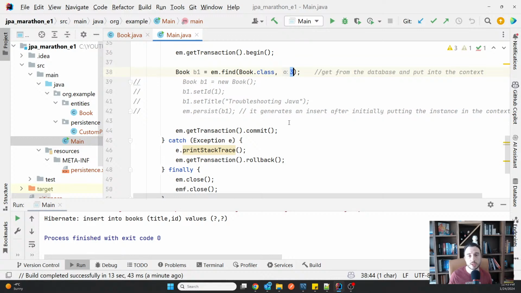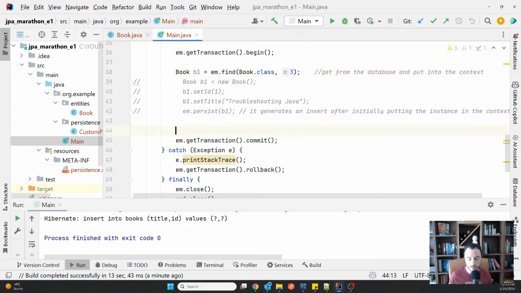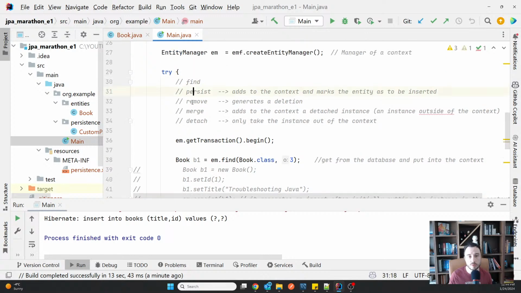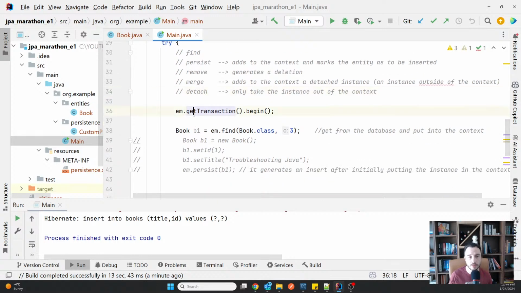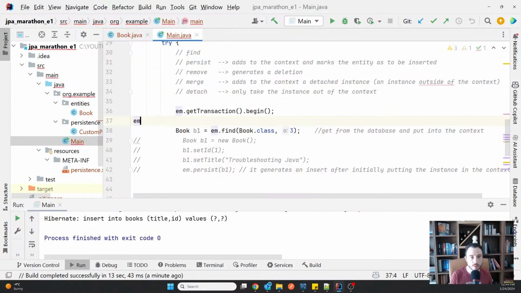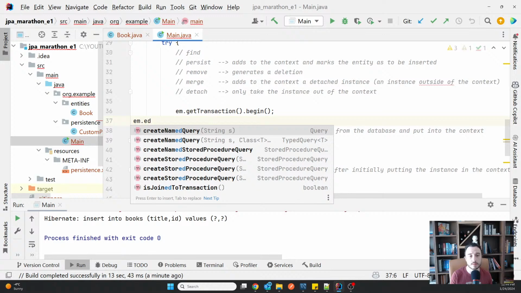And what if I want to change the title? So the question is, what if I want to change something on the entity itself? Because there is no operation for changing anything. There is no update, there is no entity manager update or edit, or there is nothing like that.